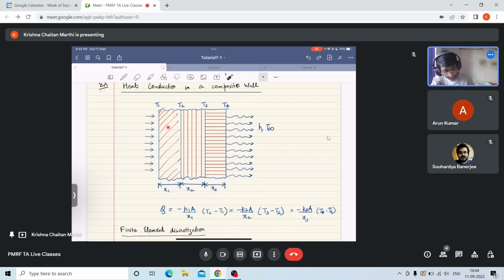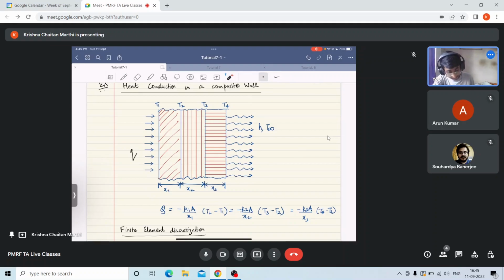three slabs. This slab has conductivity, let's say K1, this slab has conductivity K2, and this slab has conductivity as K3. On the left hand side, the constant heat flux boundary condition is there, Q, and at the right hand side there is a heat convection. Okay, so